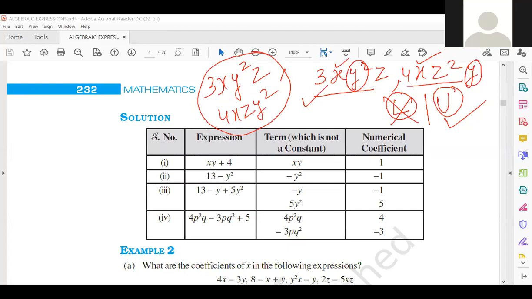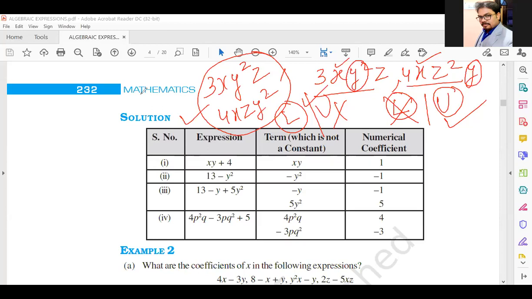Sir, should I tell? Parth Kandade: like terms. Okay, very good. Because look, x power same, z power same, y power same. That means this is like, not unlike. So this way you only have to look at the algebraic expression. If the powers of all the variables are the same, then they are like terms, otherwise unlike. Maybe the positions of the variables are interchanged, no issue, but the powers of the variables will be the same.